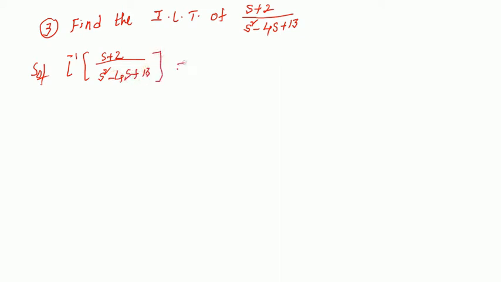So this is equal to L inverse of s plus 2 by... see, this is in the denominator. If you have s square plus a square or s square minus a square, we have the formula. But here, what is there? An s square term is there, an s term is there, and a constant term is there. If you have an s square term, s term, and constant term, if possible, you can write that in the form of a plus b whole square or a minus b whole square. See here, minus is there. Minus means it is possible to write a minus b whole square form.